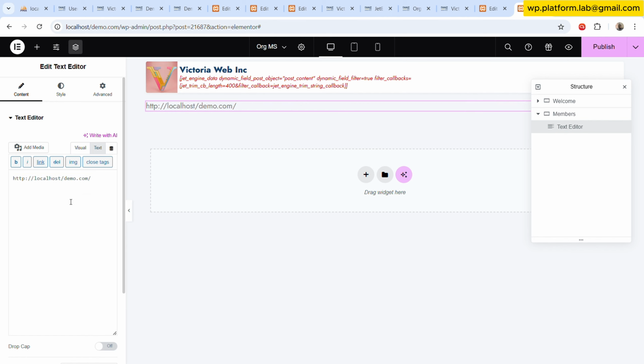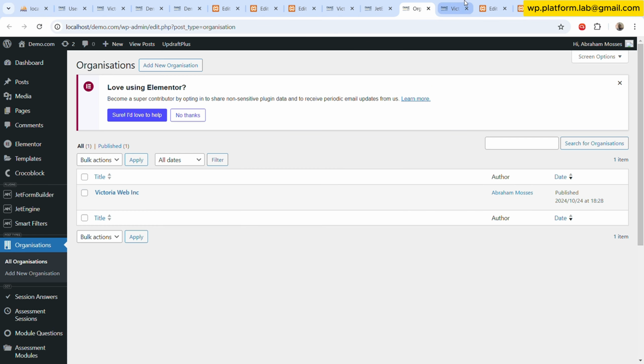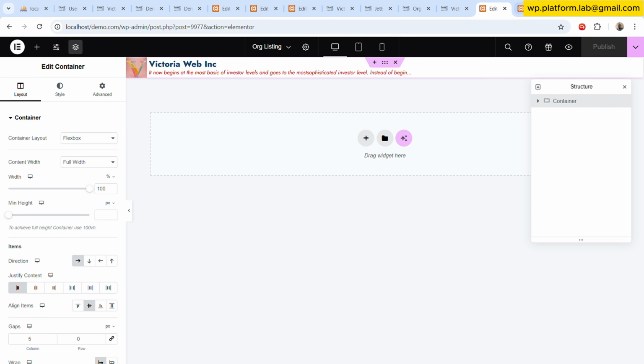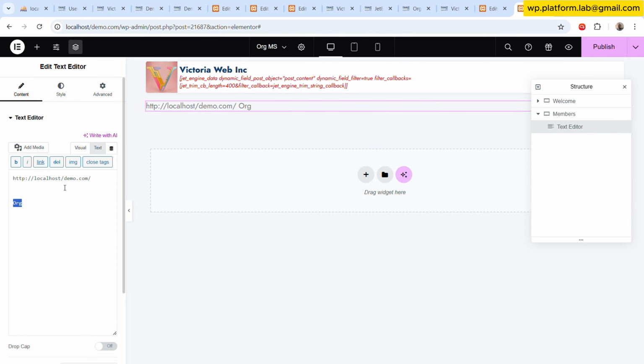Then we have organization. Let's go straight to this organization. The URL will go like this. This part is the site URL, and then this part